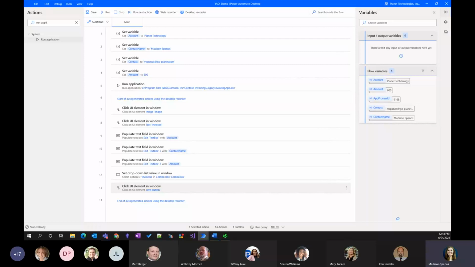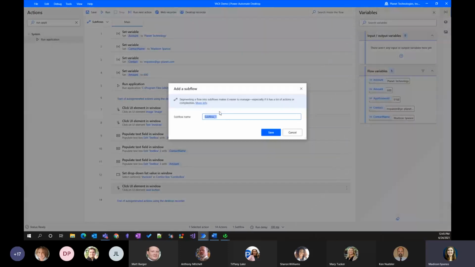The currency conversion. So this is what I was talking about when I say we want to keep it kind of modular. I could technically continue to add it onto this, but that would make it super big. And again, if something needed to change or we decided that we don't want the currency conversion anymore, I would have to go and sift through a super long workflow. So I'm just going to add a new subflow. I add it here, say subflow. They can't have spaces in between them or in the name. So I'm just going to say currency exchange,